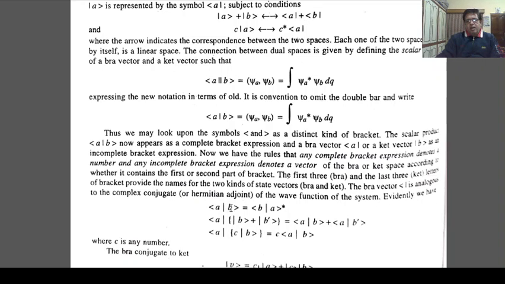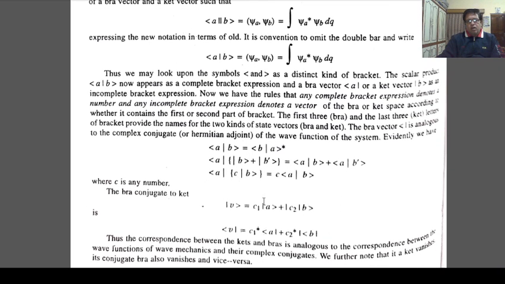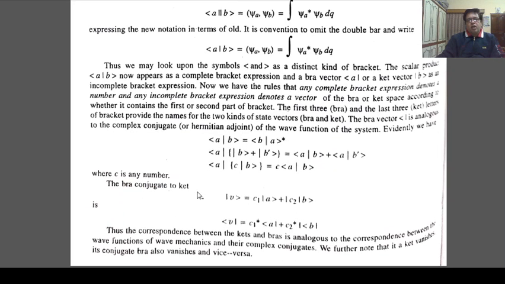Evidently, ⟨A|B⟩ equals ⟨B|A⟩ star, the complex conjugate, that means this is the reverse or mirror image. ⟨A|(|B⟩ + |B'⟩) equals ⟨A|B⟩ plus ⟨A|B'⟩, and you can similarly understand ⟨A|C multiplied by |B⟩ equals C times the scalar product of A and B, ⟨A|B⟩, where C is any number. The bra conjugate to the ket